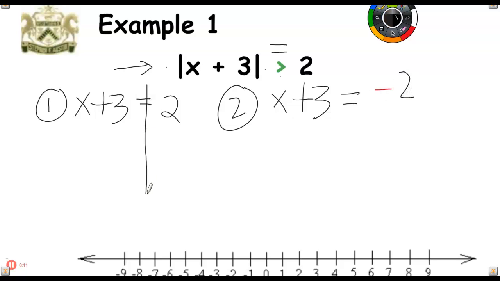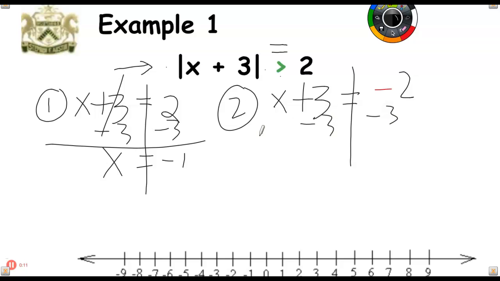And then solve the two little equations by subtracting 3. So I have x equals -1. And the same thing here, subtract 3. So I have x equals -5. Okay? So when you get these two solutions,